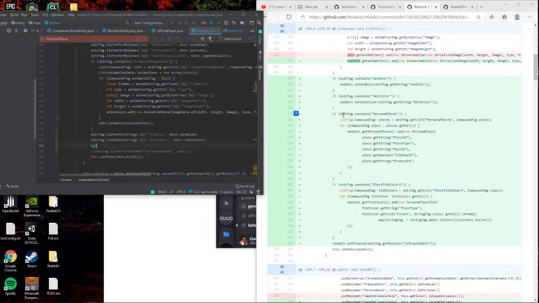If skin tag dot contains persona pieces, all right.